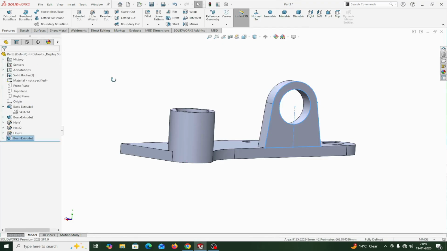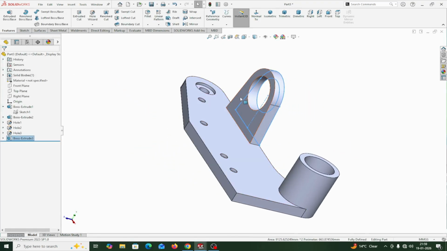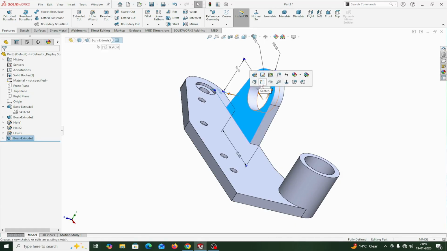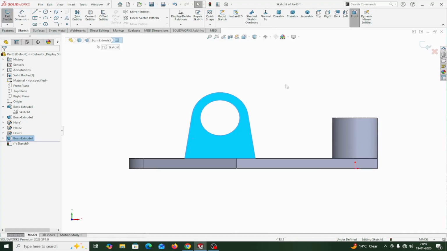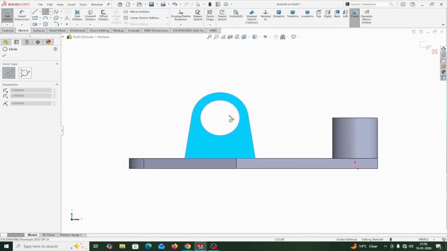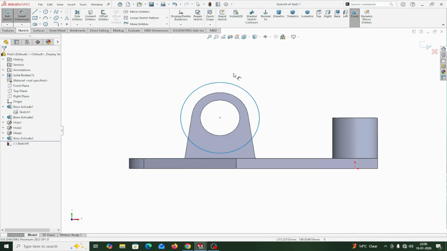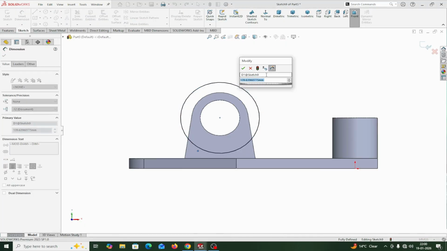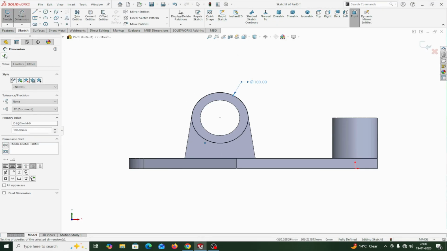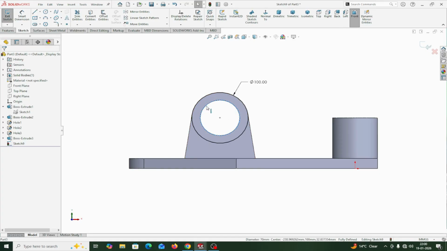Okay. Now, again, this side, select this face, sketch, normal. Select center point, select this circle and center point, this is 100 mm. Okay, this one. Now select the inside circle, convert entity. Okay, now